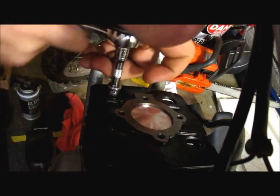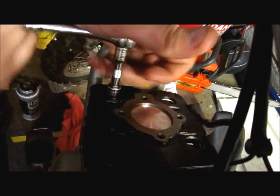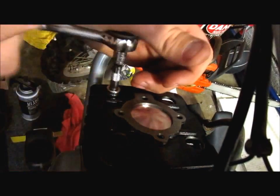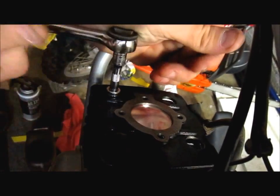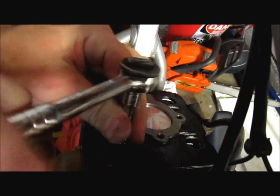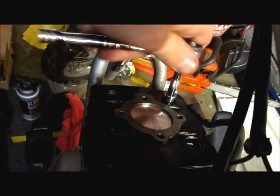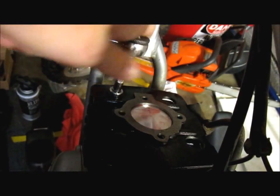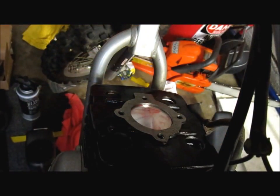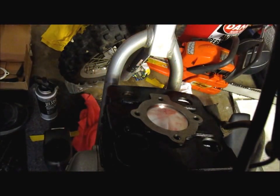And just kind of tighten these in sequence. Make sure you get them all tightened down, because you don't want to tighten just one side and not the other. I need to find the torque specs on this cylinder head. I'm gonna go on the internet real quick and check that. I'll be back. All right, I didn't find the torque spec, but I've worked on these KTMs enough to know that